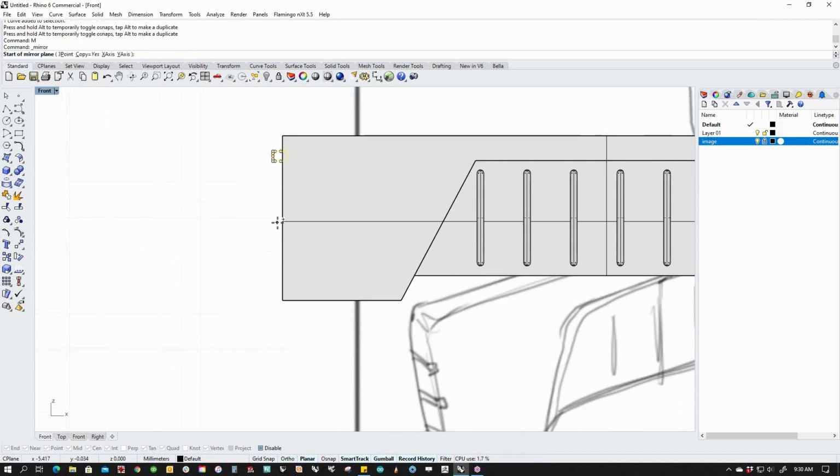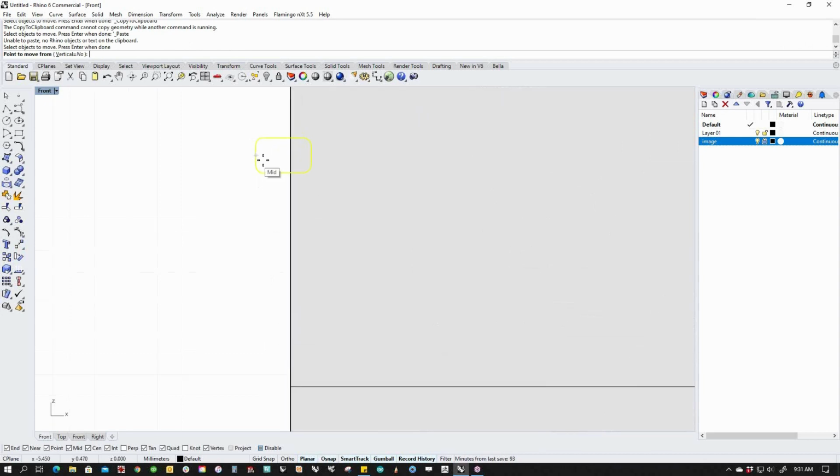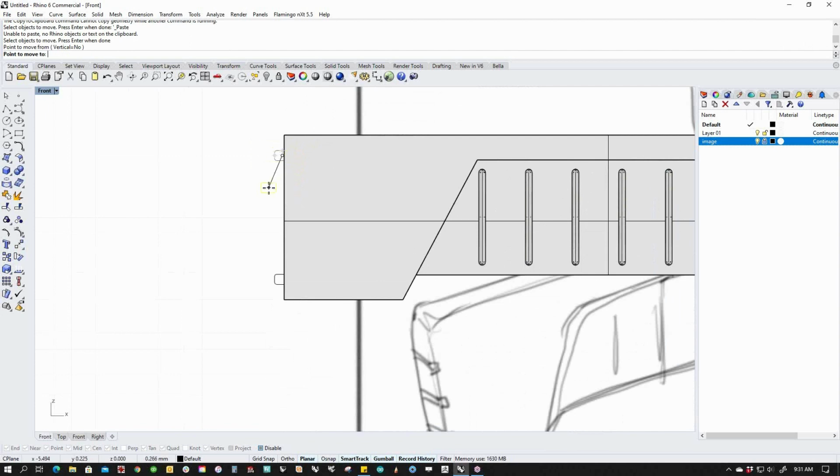And then I'm going to do another trick where I'm going to mirror it around the midpoint, and then check this out. Here's a new one. I'm going to move, let's see. I'm going to copy this first. I'm trying to drop as much knowledge on here as I can possibly do, right? And so the point to move from is going to be the center of this thing, right there. And the point to move to, I'm going to type